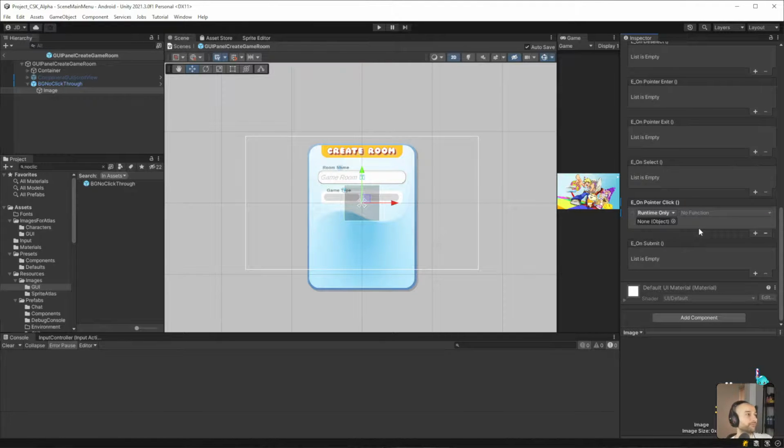So on pointer or mouse click of that background, it will remove this menu, and I'll apply the same to the other pop-up panel that'll come up. And then for gamepad, you just hit the back button. And I think that would work. I think that would work well.